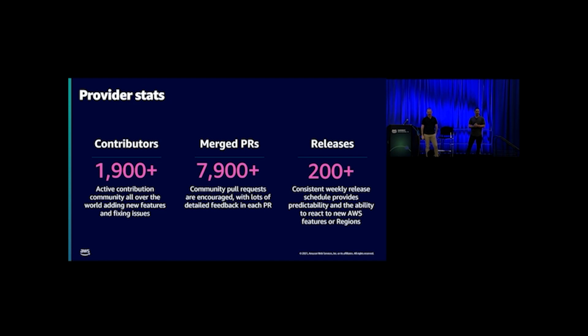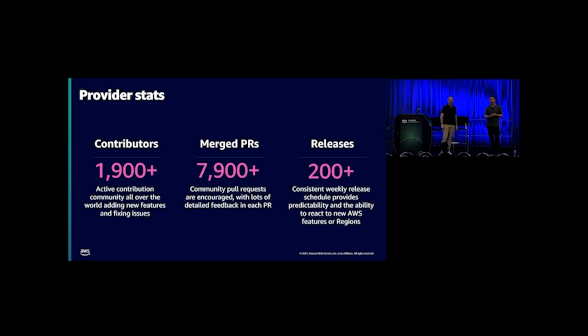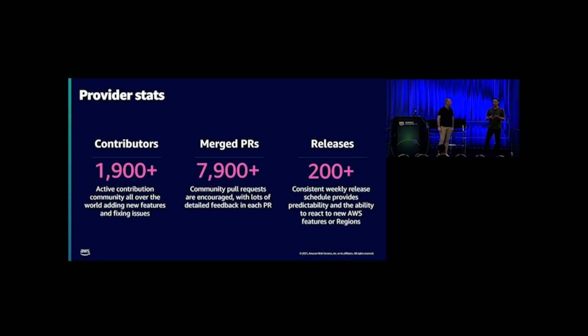And there's a very high release velocity. You can see we've got over 200 releases so far. This is maintainable via mechanisms that are built into the repository. So there's good code hygiene that you would expect out of a high-quality open source tool, like linting, required acceptance tests, and a really robust peer review process. Also, contrary to popular belief, AWS does not actually own the provider repository. That is owned by HashiCorp. So we go through the same process that all of y'all will when you start contributing as well.